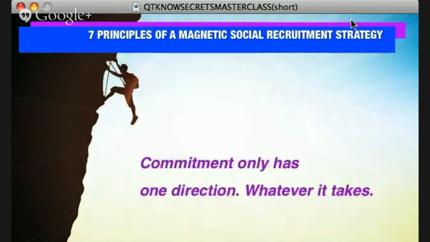So stick with me, because I want to show you now the blueprint process, the formula of how you can do this. And what I'd like you to do now is come with me, and I want to show you the structure of how to develop your irresistible social recruitment branding strategy. So you can listen in, but if you're in front of your computer right now, I know some might be on mobiles, and you can access this page, but I want you to come on over to a page with me, which is